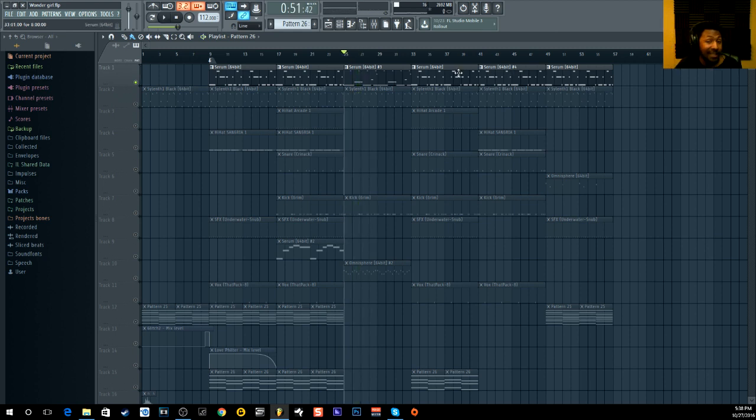Okay, then we go back to the standard version because we got the first 8 bars with the high low notes. The second part has the standard back, and then the third part has a different intro to the beat. So if you listen to it, the first one goes like this. It's one sustained note all the way through. The second one does this. Dun, dun, dun. See, it's different.